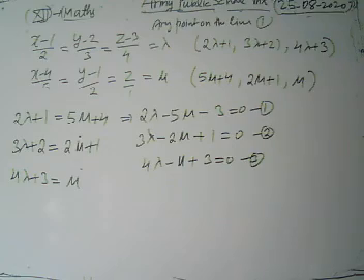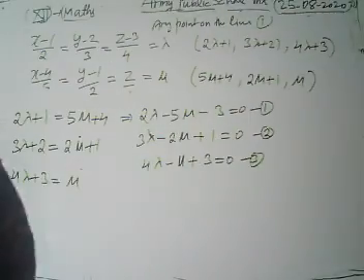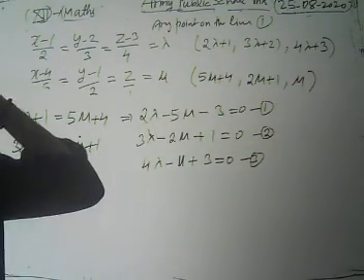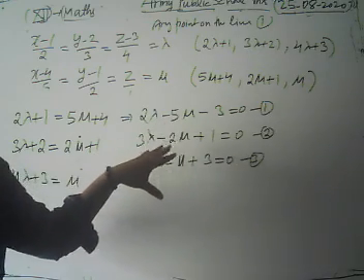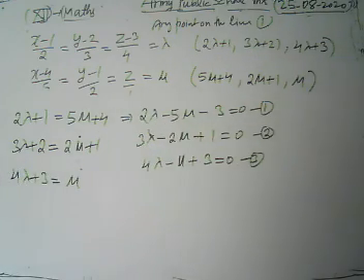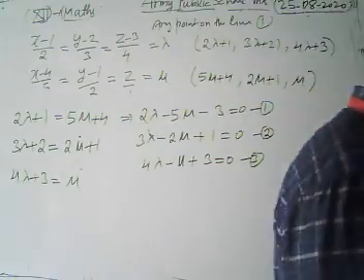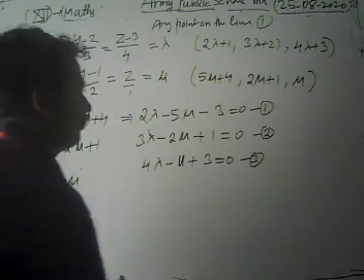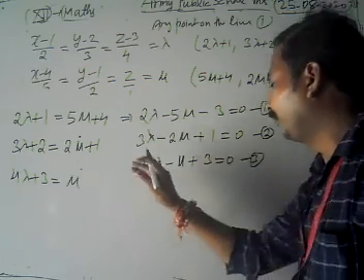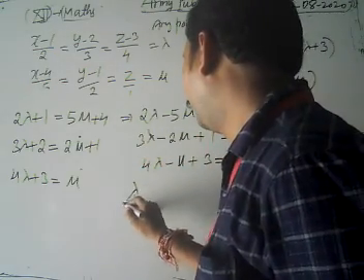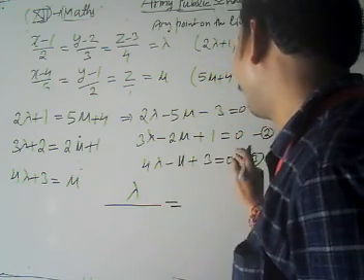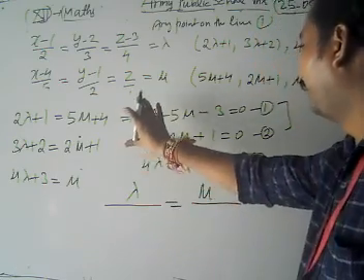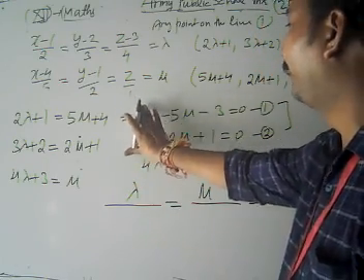Now we are going to solve. Since these lines are intersecting, the general points coincide, and after coinciding we have 3 equations in terms of lambda and mu. First we have to solve these equations. We take equations 1 and 2 and find the values of lambda and mu by the cross multiplication method. Then we have to find the value of lambda.